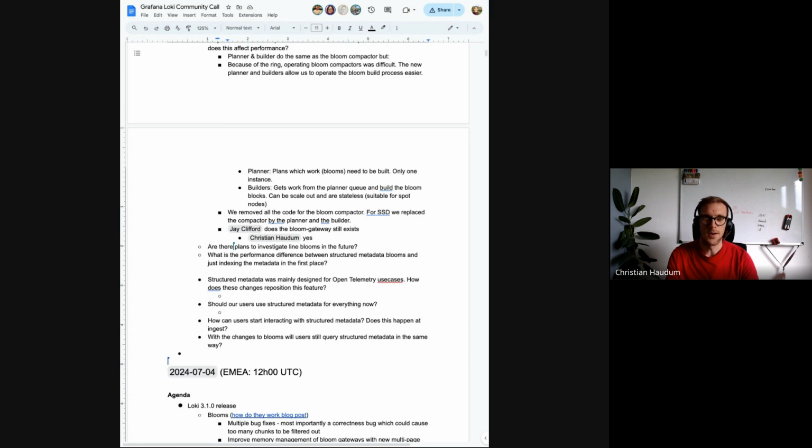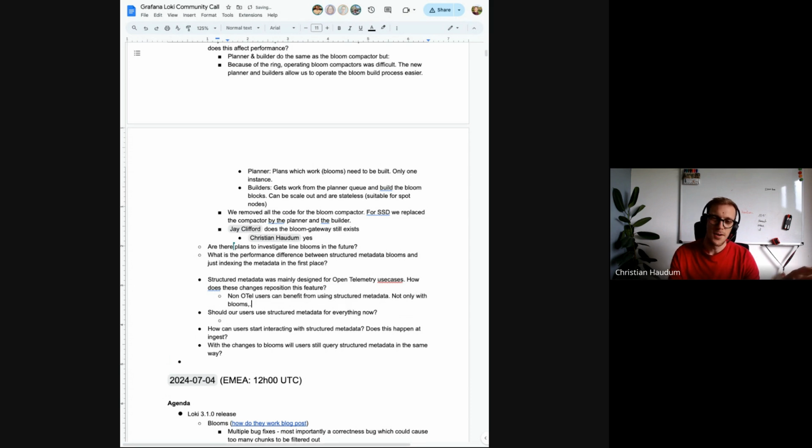And if you send the attributes in a thought through way, you can benefit a lot from these fields being in structured metadata without, for example, needing to parse a log line that is JSON, even without the Bloom filter attachment. But now, by adding the Bloom filters on top of the structured metadata, structured metadata becomes even more important than it is now with OTel. And I think it makes the